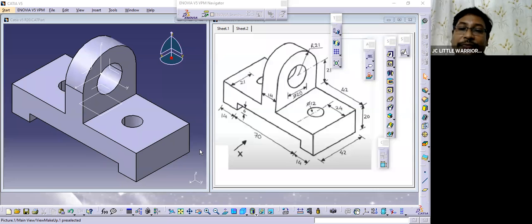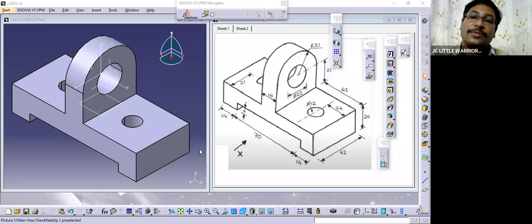We are following some theory, as per the manufacturing process or as per GD&T, the tolerancing process, and as per other different manufacturing processes, like how you dimension it, or if you want to machine it, so how to adjust the